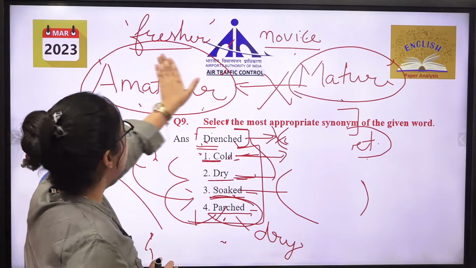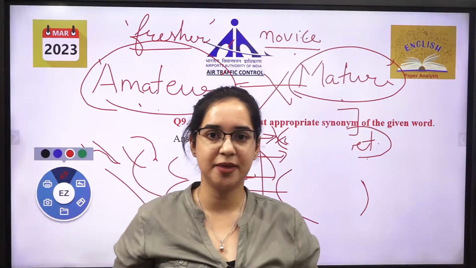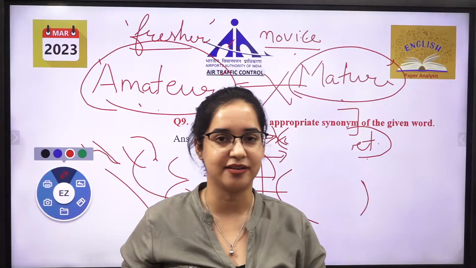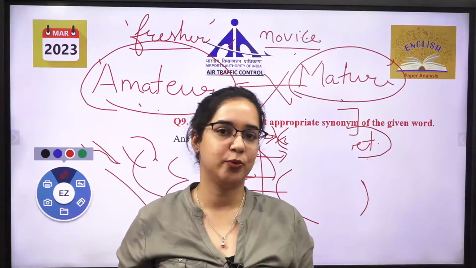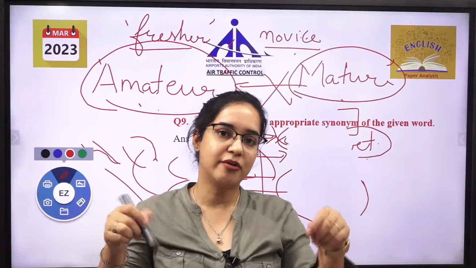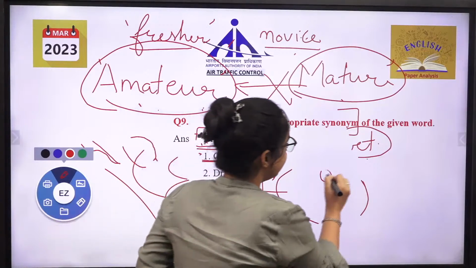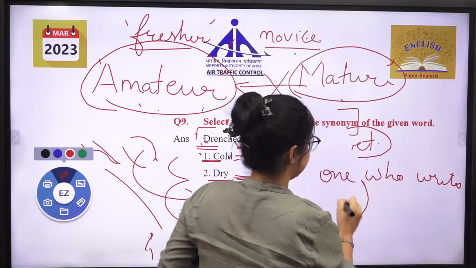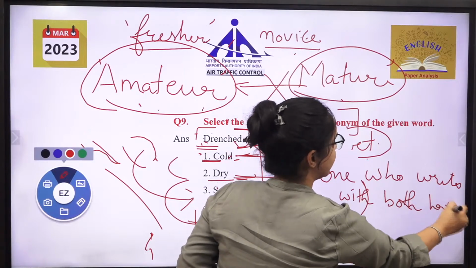Next I'm going to ask you, okay, every one of you might have seen Three Idiots, right? So there was a favorite character of maybe everyone, that is Virus, which was a very funny character. So you remember that he could write with both hands. If a person is lefty, someone writes with the right hand, the one who can write with both the hands, what is that word called? One who writes with both hands. With both hands, what will you call that person?